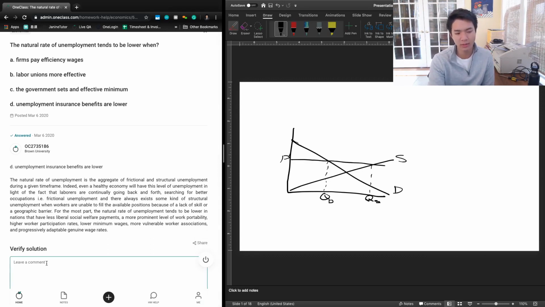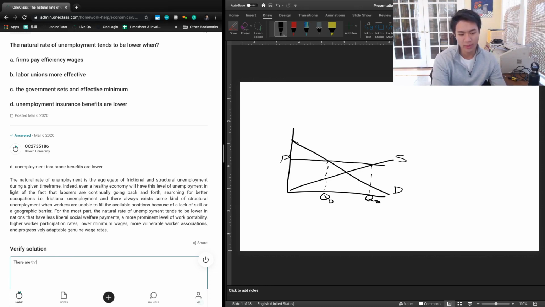I think the answer could be a little bit better if it indicated which of these answer choices is associated with which type of unemployment. We know A through C are associated with structural unemployment, and D is associated with frictional unemployment. If we can just add that in, that would make this question a lot easier to understand. And so, okay, add in,